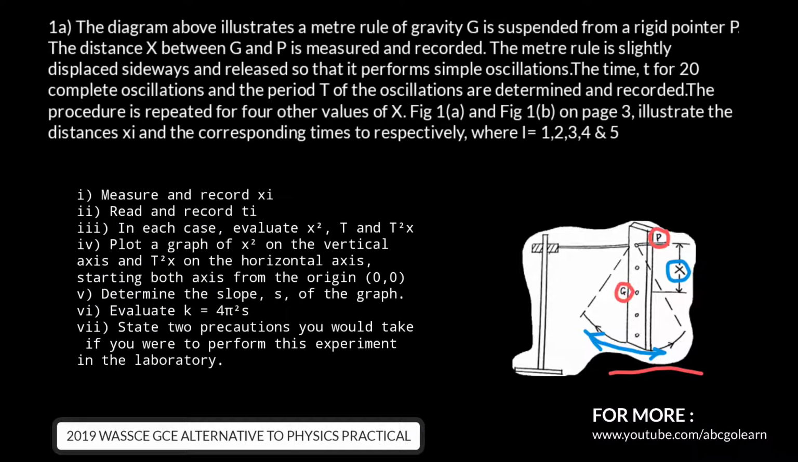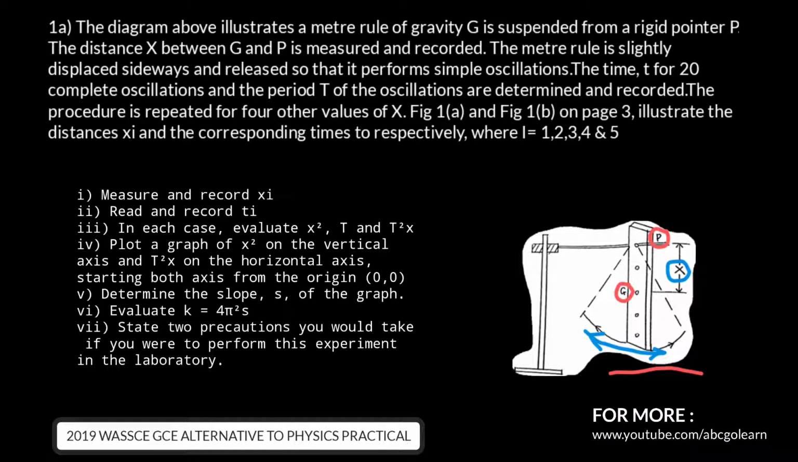So the procedure is repeated for four other values of x, just like we've seen in figure 1a and figure 1b. You understand, on page 3, the exact slide you saw the other time. Now illustrate the distance xi and the corresponding times, respectively, where i equals 1, 2, 3, 4, and 5. Okay, the first question you can see here is: